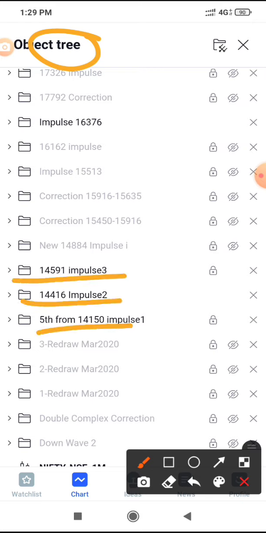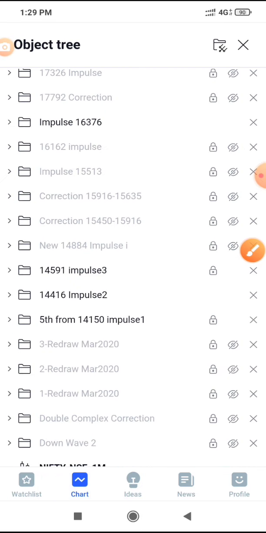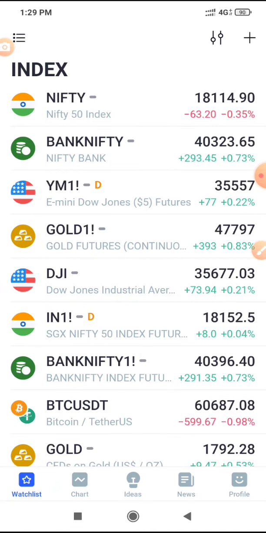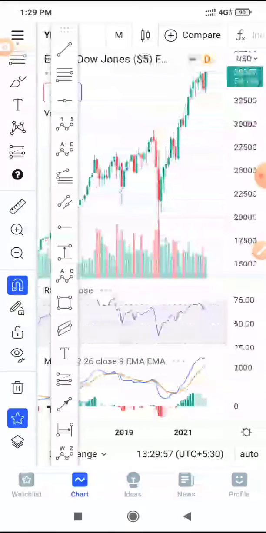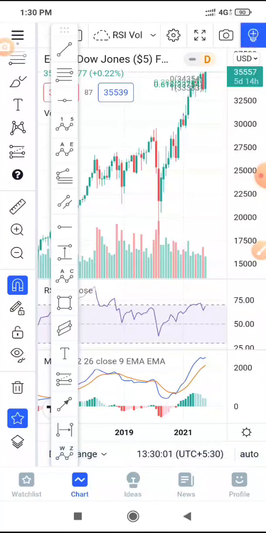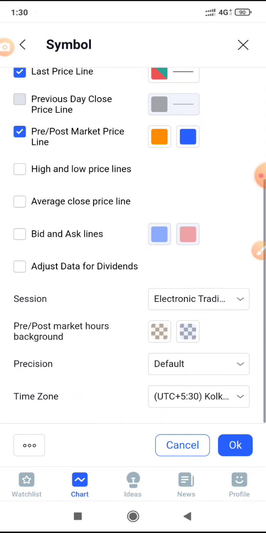Under the groups. So yeah, I think that's pretty much what I wanted to cover on the TradingView app. So hope you like the video, and you can go ahead and check the app. This is a very useful app for traders and the ones who want to learn trading and technical analysis. And yeah, there are different options that you can explore.